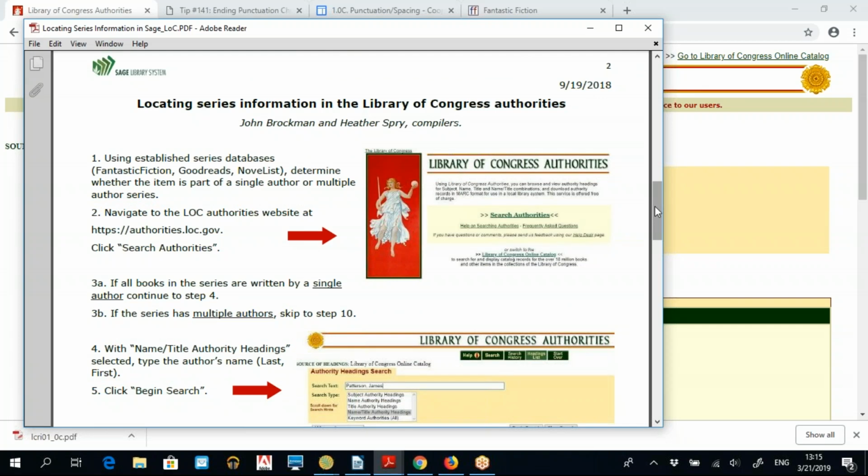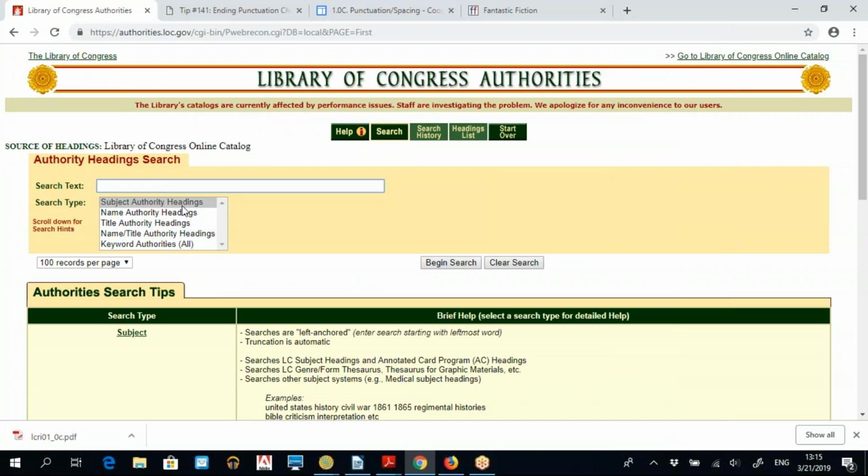Let's just quickly take a look at this. So if we take an example, let's see here. The best way is to start with a name title search, because if you do that, then you won't just get an author's name, but then you'll get the titles that are associated with that particular author. So if we type in Patterson, James,